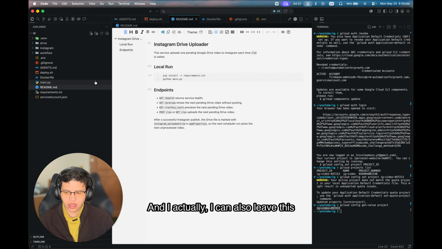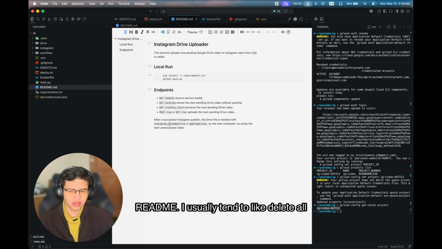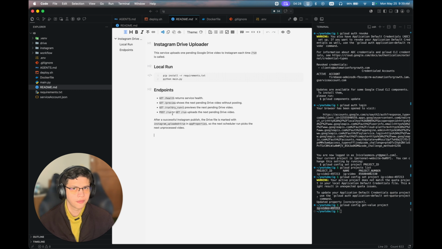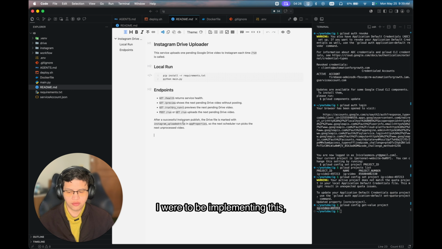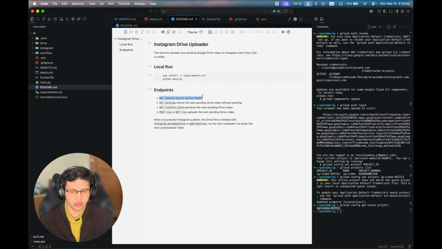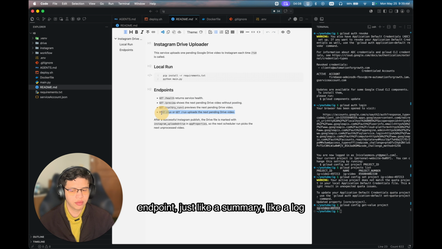And I can also leave this readme. I usually tend to delete all this trash and leave only the logic that I need, right? So for example, in this case, if I were implementing this, I would pretty much only have this endpoint, this health endpoint, because I want to make sure that the backend is actually working. I will delete these two,